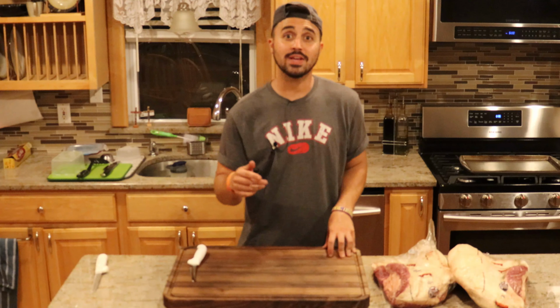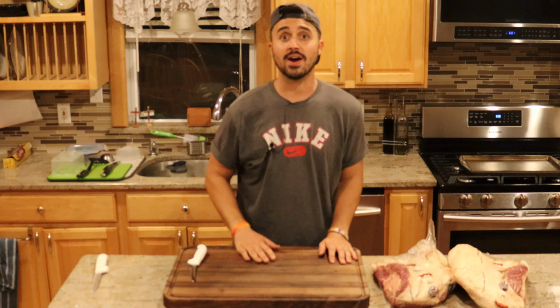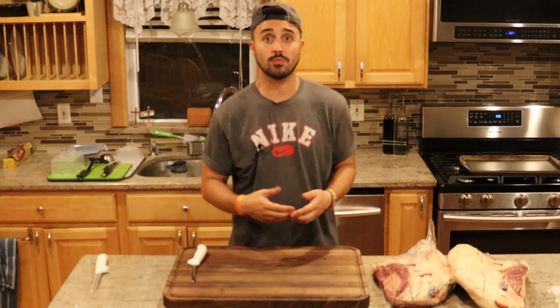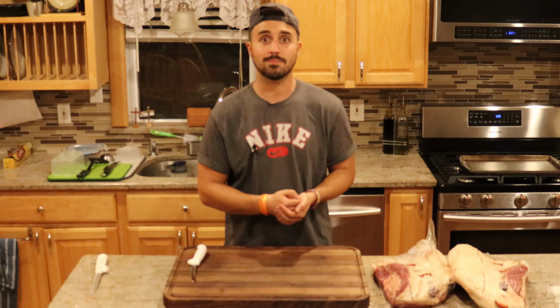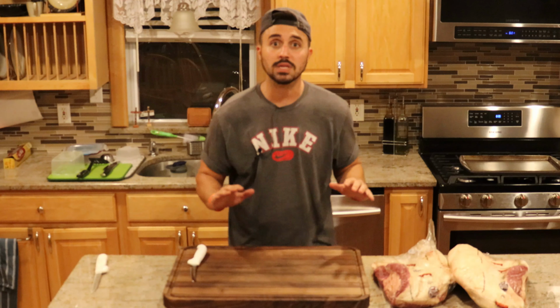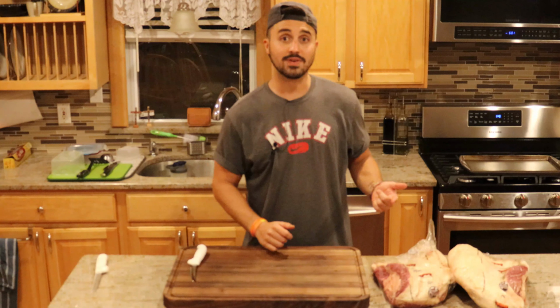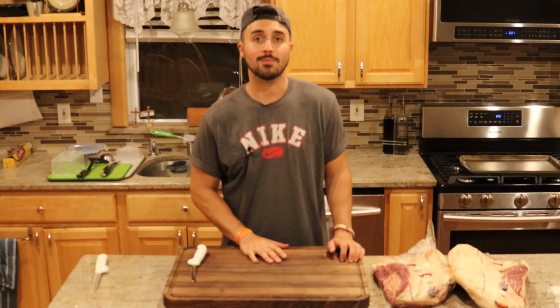By new school we mean the trend nowadays: the tallow in your butcher paper wrap. Is it better the old school way where you just throw it on the fire and let it go? You get some textural differences? Or is it better off with the beef tallow in the wrap? Getting that nice glossy finish, juicy bite with the flat, juicy bite in the point. Everything is completely moist. Which one's better? We're gonna find out. Now, what I've got are 2 full packer briskets that I got from my local grocery